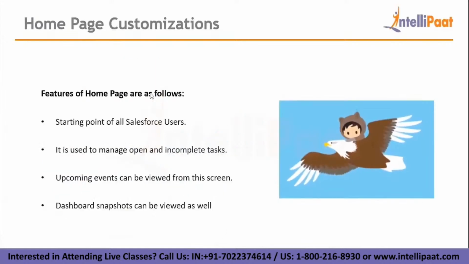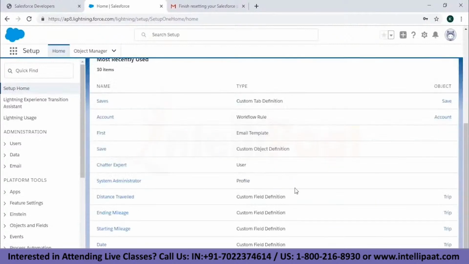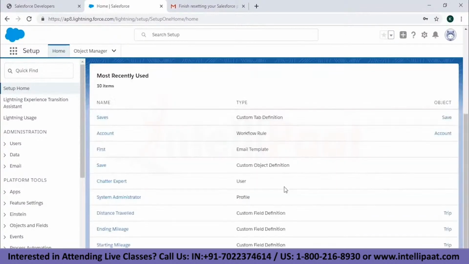Okay, so what are the features of the homepage that we have in Salesforce? First of all, it is the starting point for all Salesforce users. Basically this particular page that you're seeing over here is the starting point. Whenever anyone enters this website or logs in, they'll see this particular homepage.